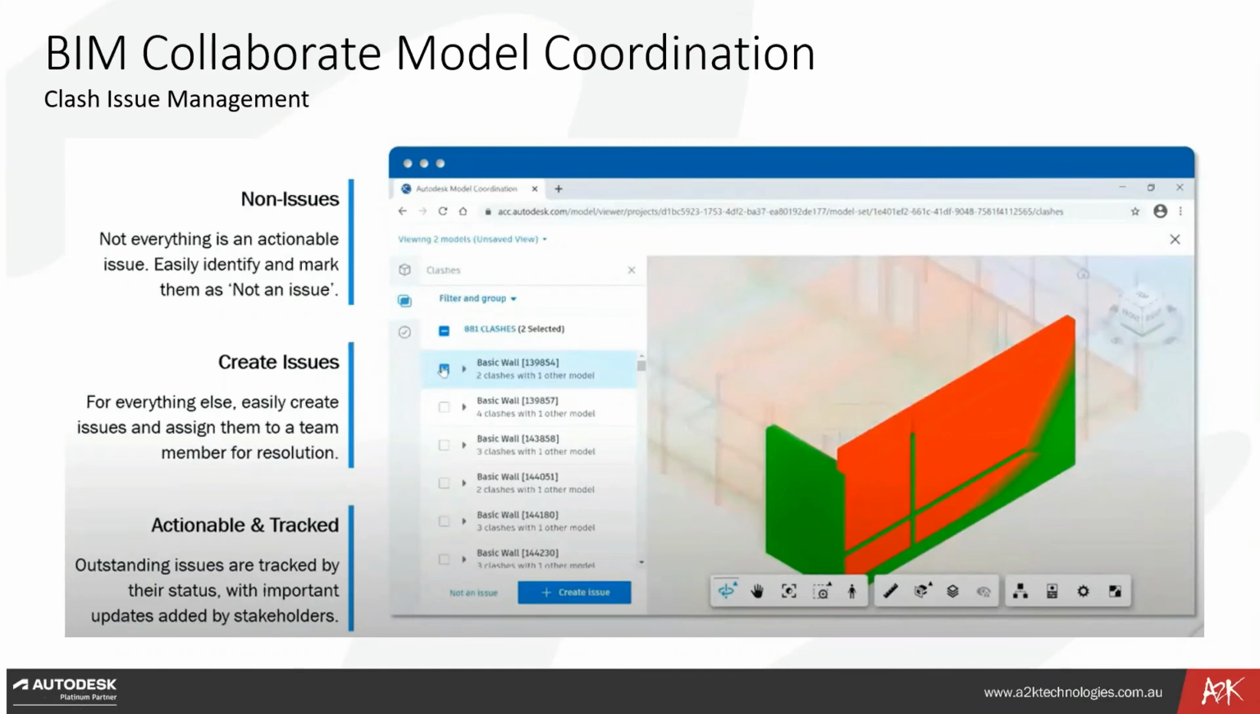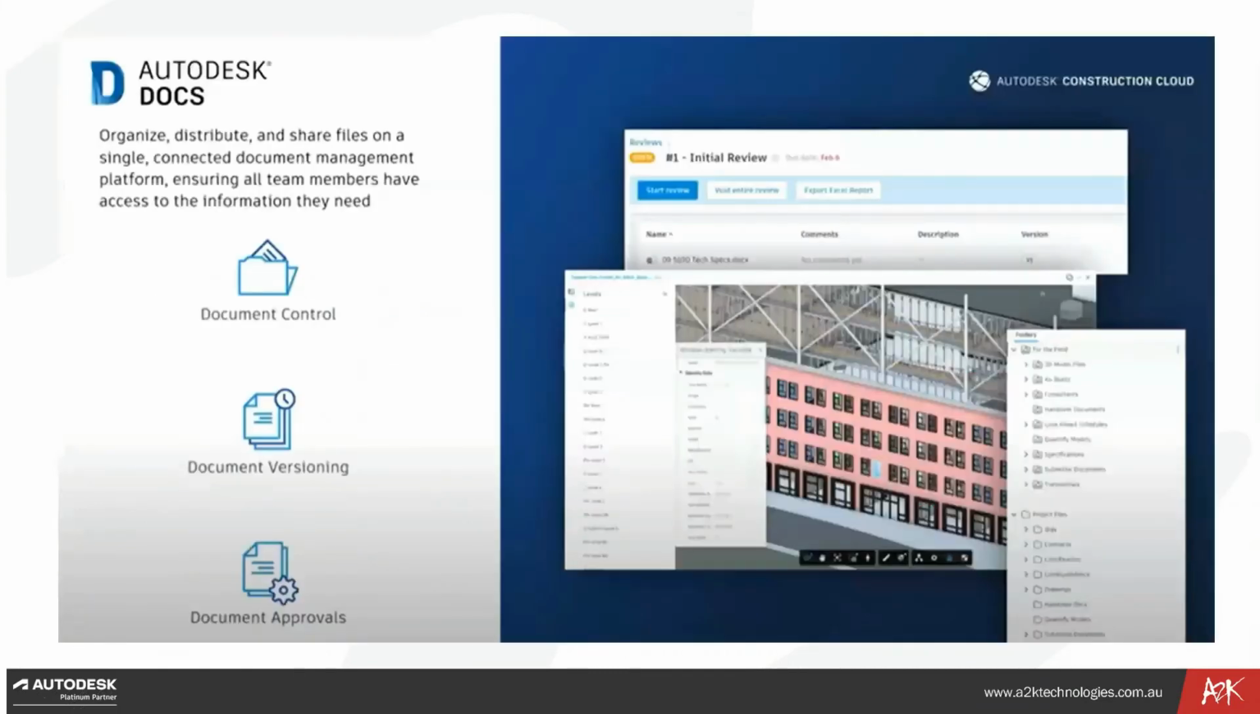What I want to do now is come back a step and talk about Autodesk Docs. As I mentioned earlier, as part of this offering, with a BIM Collaborate license, you do get access to all the benefits of Autodesk Docs, underlying the platform here. So what is Autodesk Docs, for those of you who are not as familiar with it? Pretty much it is